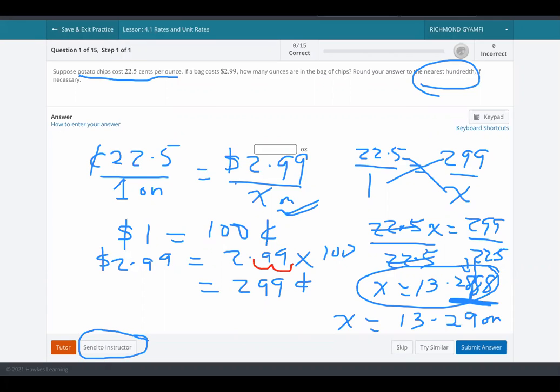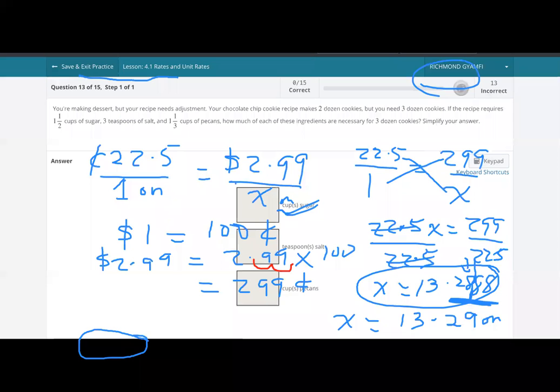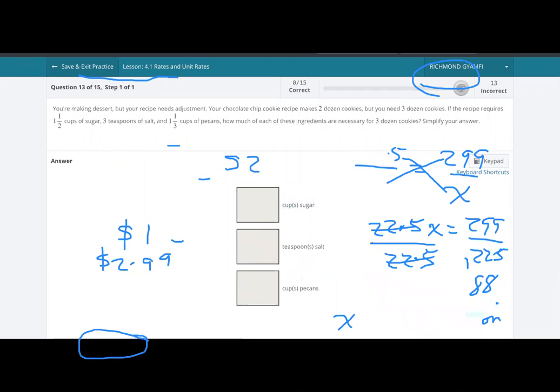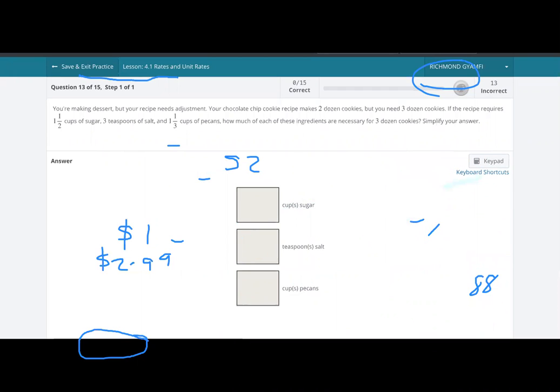Let's look at the other problem, and that one is going to be this one. So I'm going to erase all these and then look at this one. So in this problem, we have